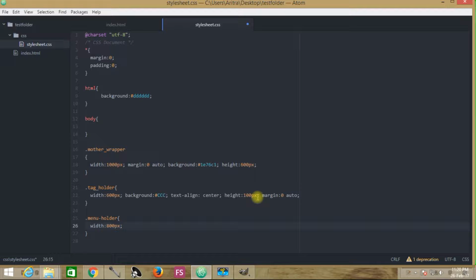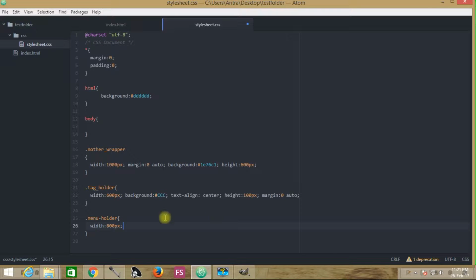As the mother wrapper has a width of 1000 pixels, the child block elements inside this mother wrapper should never cross or exceed the width of this mother wrapper, which is 1000 pixels.